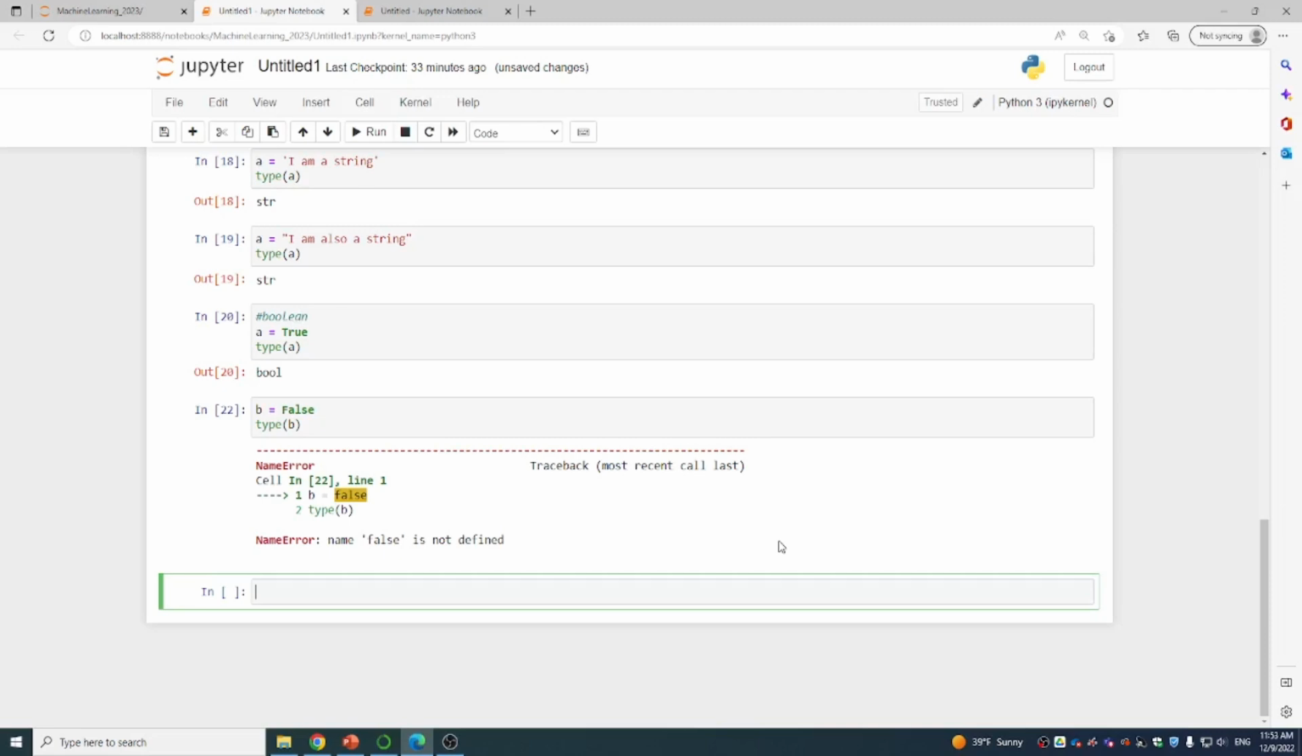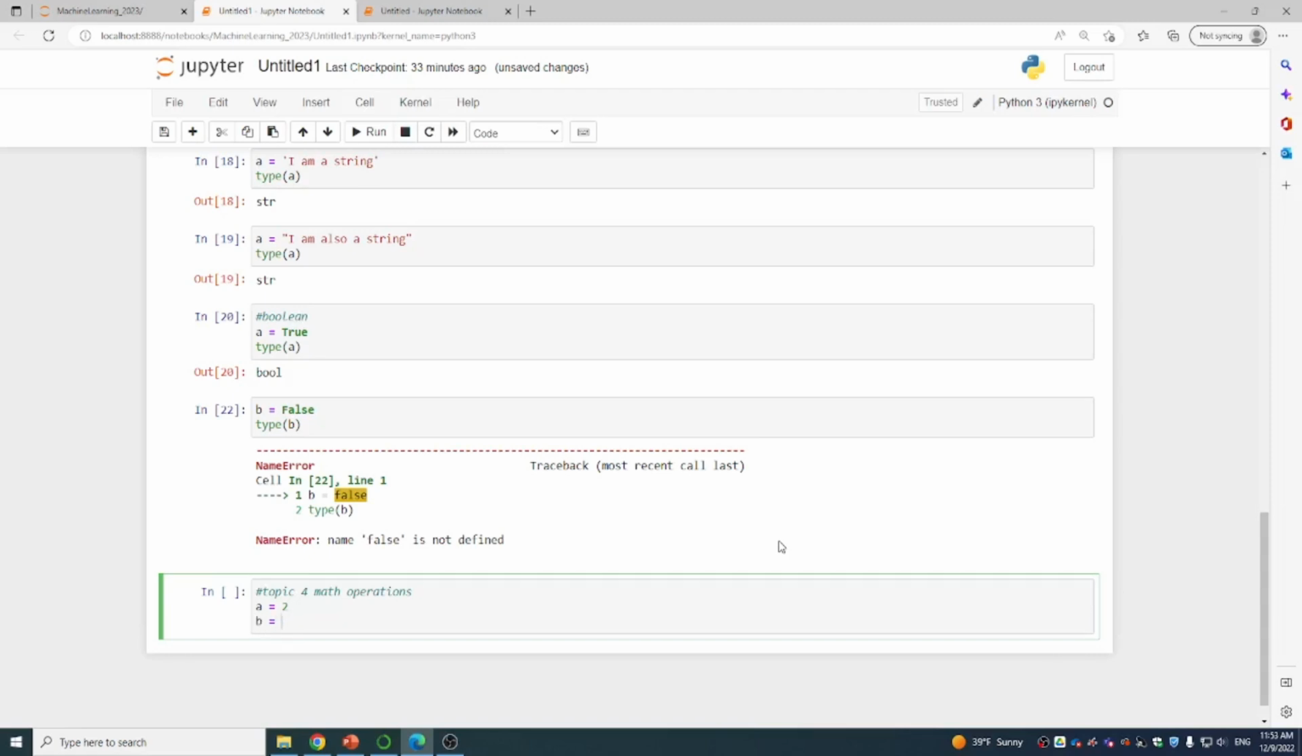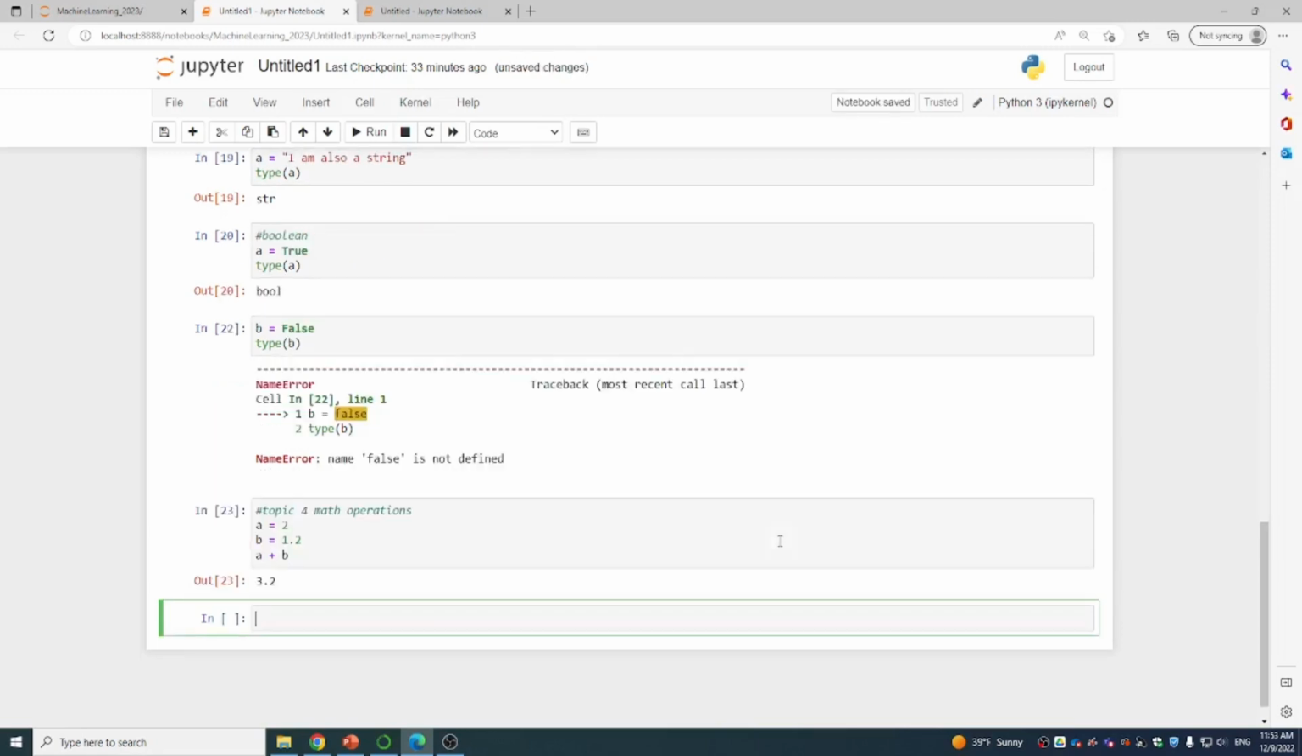Okay, and then we come to the fourth topic. Let's look at the basic operations, basic math operations, and math functions. And now we first define two variables. Let's say a is 2, b is 1.2, and we can do some basic operations for plus,